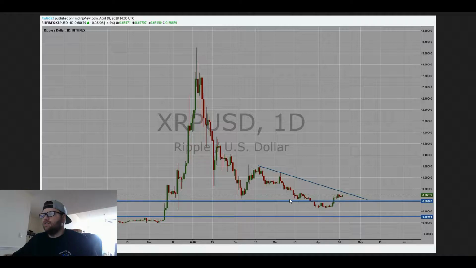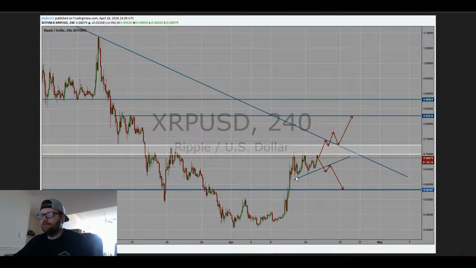So that's a positive sign for Ripple. It's still not in some place where I'm comfortable buying and holding Ripple, but it is showing that it's not dead, and that's always a positive thing, because I was honestly more worried about Ripple than any other cryptocurrency as far as recovery was going, because of what the charts were showing. Ripple just went way down, way farther than I was expecting Ripple to go down. Going to the 4-hour time frame,